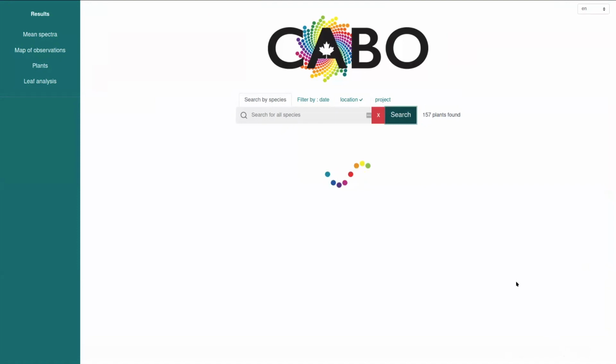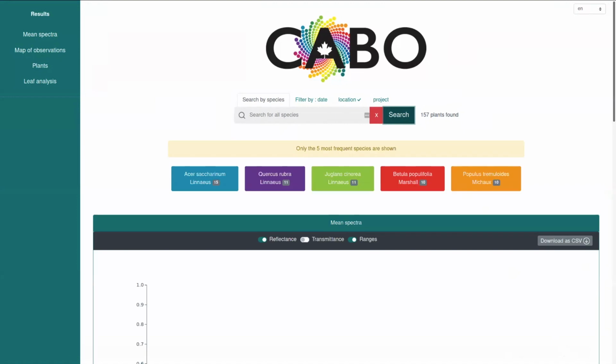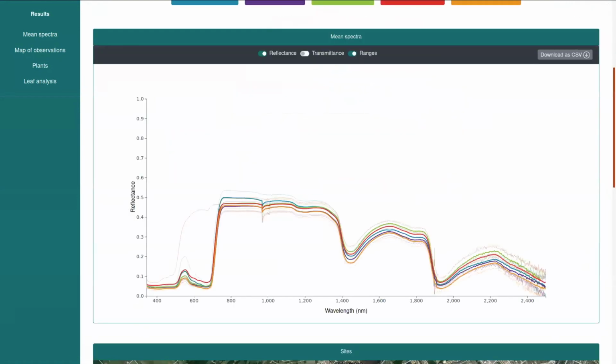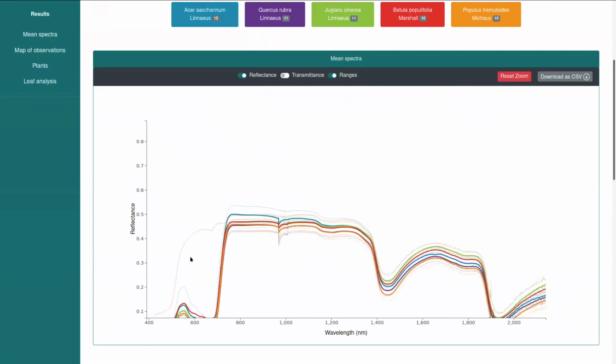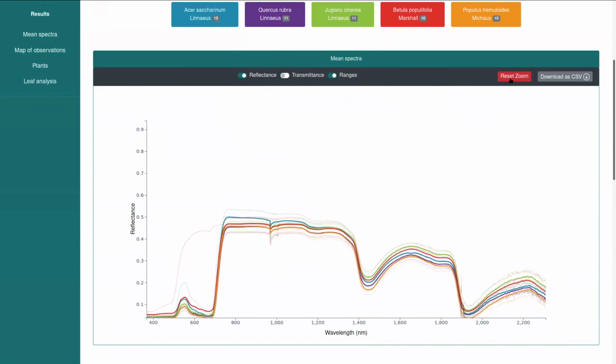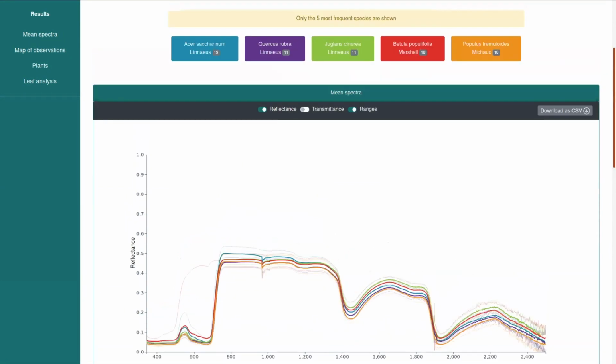So 157 plants, and it's going to give us the top 5 species found in this area. So we have this showing up here. We see there's one with a particularly odd upper boundary here. I don't know if you see this, but anyway, this is using all the raw data from CABO. So we found some of the data that still needed to be cleaned a little bit.